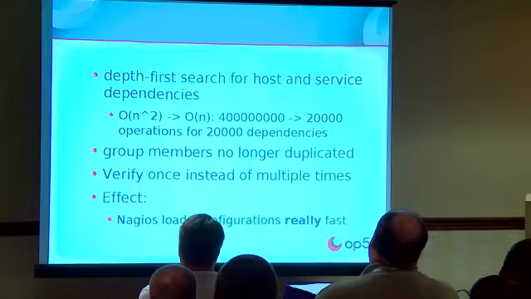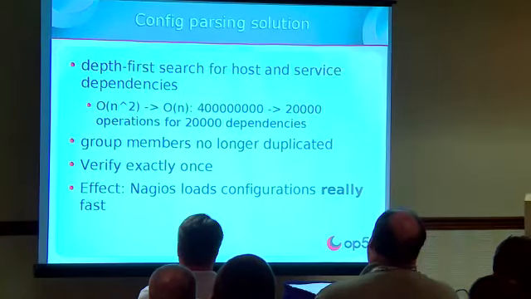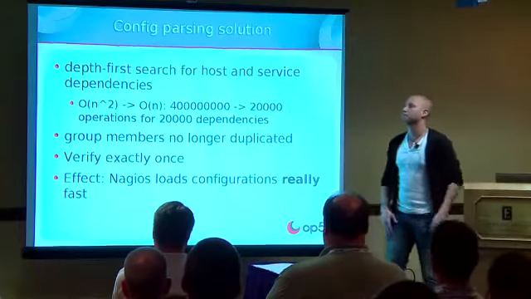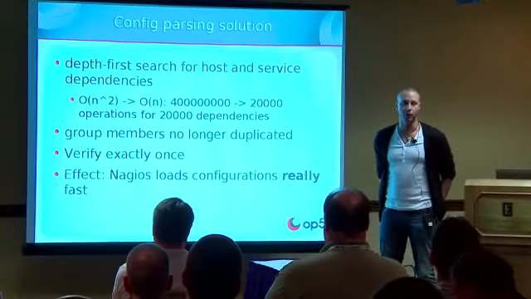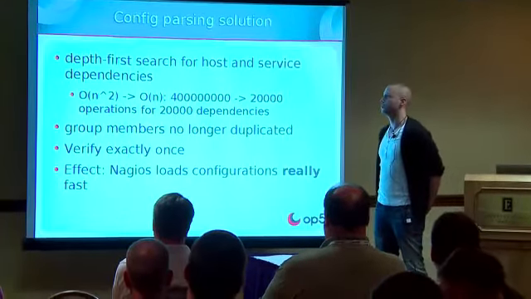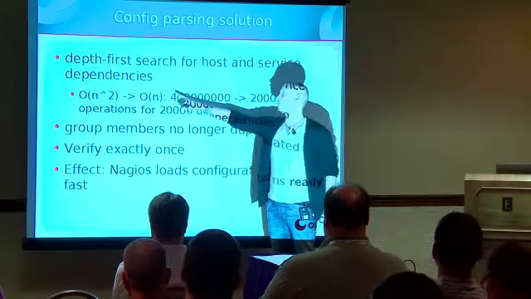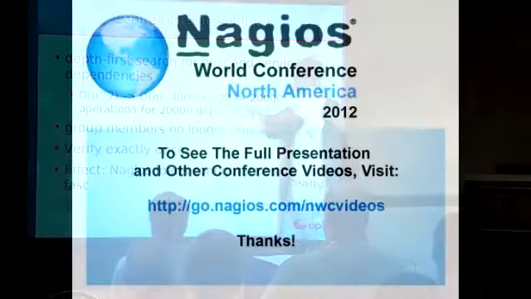Oh, this is supposed to have something with solutions first. There we go. Config parsing solution. We do it nowadays in Nagios 4. We do a depth-first search for host and service dependencies. That means we turn a quadratic algorithm into a linear one, which means that for our 20